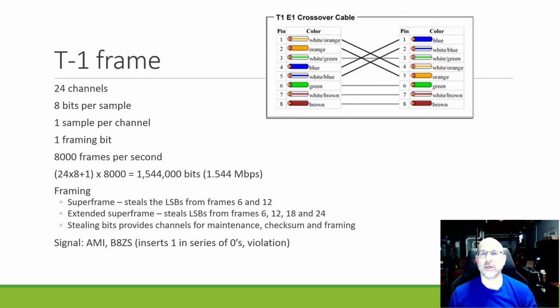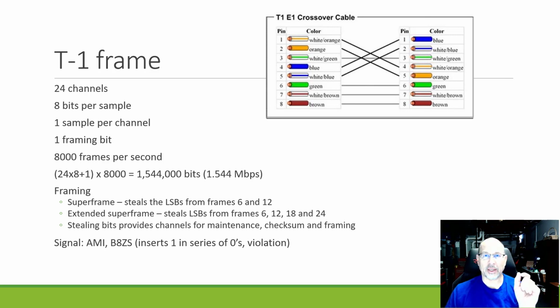Now when you're building T1s, when you're setting them up, there are some additional details. There are some different structures and different signaling that you can use when we send the T1 frames across the line. A lot of that goes to the number of channels you're going to use or what your electrical signal is going to look like. Probably the most common T1s we work with use something called ESF, or Extended Superframe Format, which is these guys here. And then, well, I shouldn't say it that way. That's where we're stealing the least significant bit. When you do bit stealing,